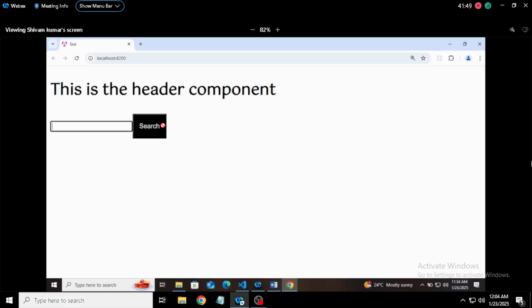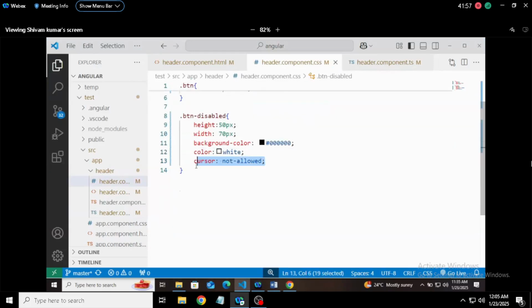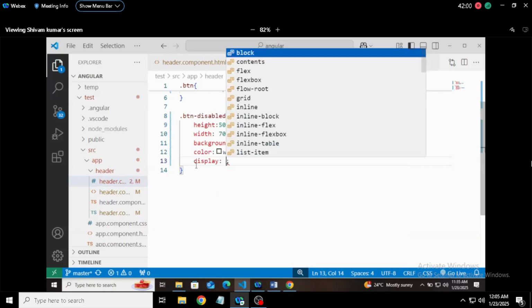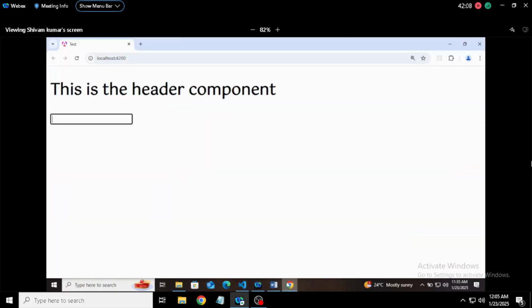If we want to remove the button on that condition, here in the CSS I will write display none. It means I don't want to display the button if the input box is empty. Now there is no button coming because the input box is empty, meaning you don't have anything to search. Whenever you start writing some content here, then the search button will come and you can click on it. If you are erasing,